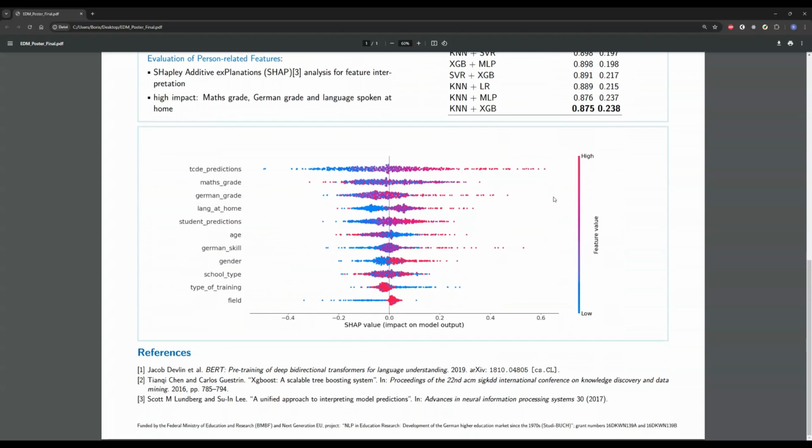This can be seen in the following diagram, where we have an x-axis showing how the predictions got shifted up or downwards. A negative value means that the prediction got shifted towards the easier side of the complexity, and a higher value meant that the text complexity got rated as higher. On the left-hand side of the diagram, you can see the different feature names that we have collected in our data set. Each dot in this diagram basically represents a sentence